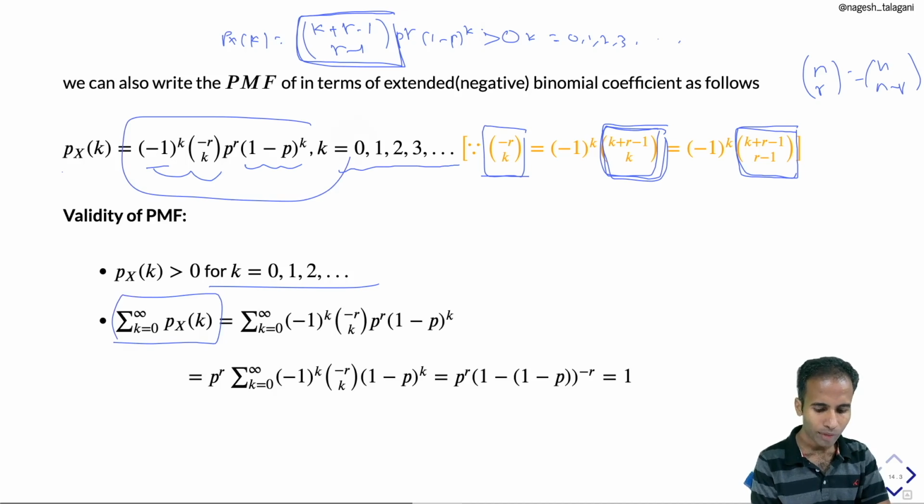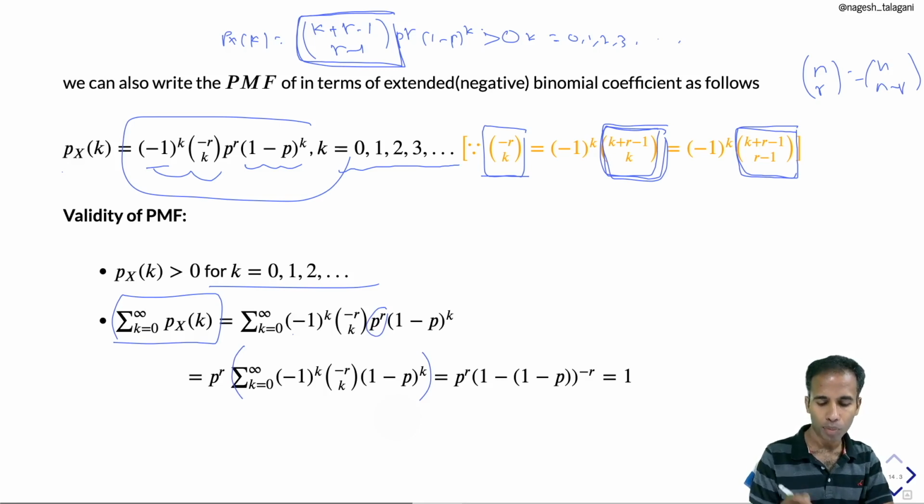Okay, the P_X(k) is what? (-1)^k (-r choose k) p^r (1-p)^k. So if you write this p^r outside, then p^r times the summation k equal to 0 to infinity (-1)^k (-r choose k) (1-p)^k. This summation can be realized as the expansion of (1 - (1-p)) to the power of -r,